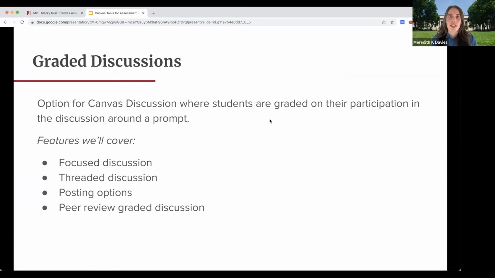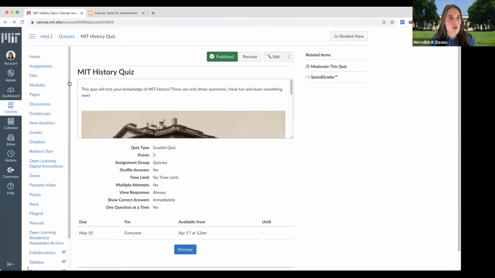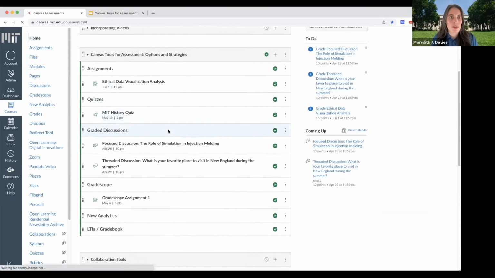Graded discussions are the function in Canvas that allows students to be graded on their participation on a discussion board built in Canvas. So just to get ahead of this, which we'll talk about a little bit more later, the native discussion tool within Canvas can be graded really easily within Canvas. However, Piazza and Slack, which are 2 other popular discussion tools that can be used with Canvas, don't have a grade sync to the gradebook. So if you want to do something that's a discussion that's graded, your best option really is to use the graded discussions in Canvas. So I'm going to pop back over to my Canvas course, and we will start by